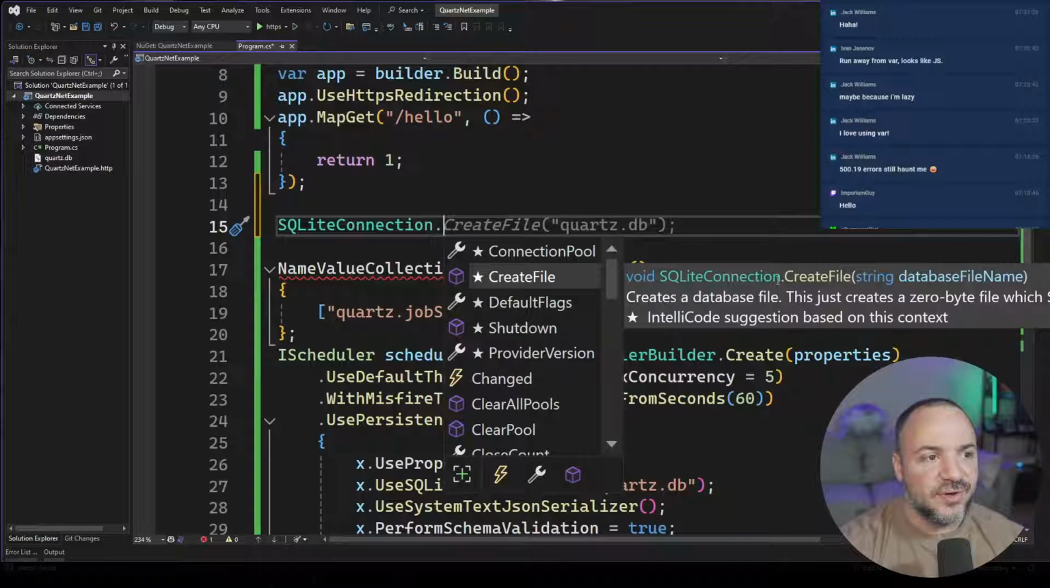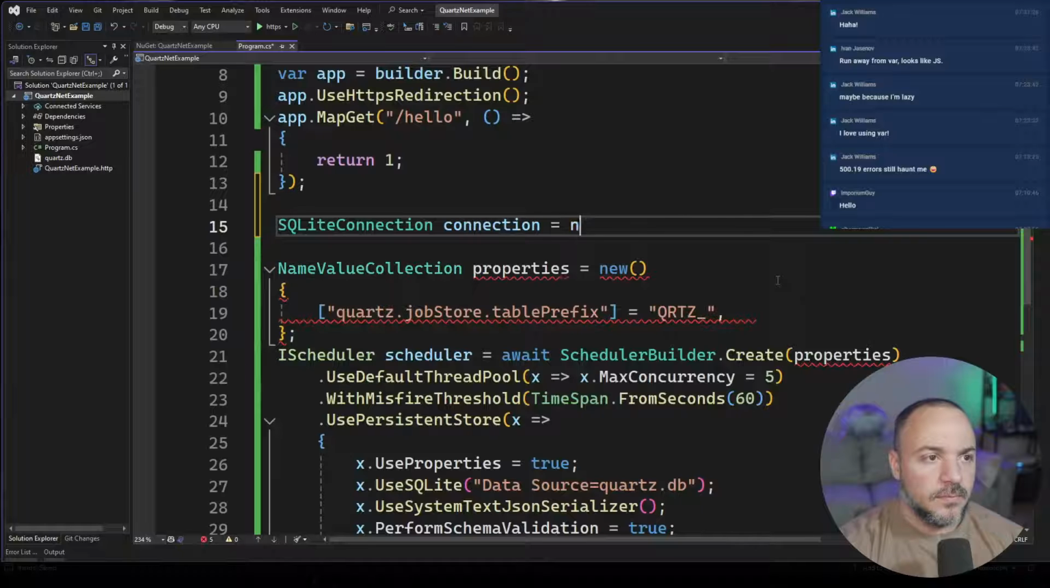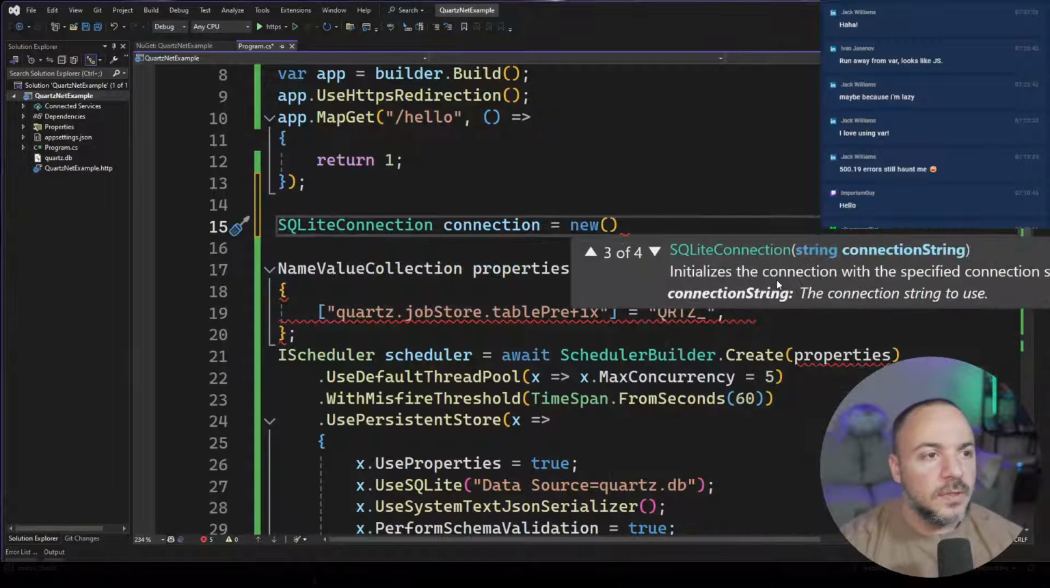Oh, I've never even noticed that they have a create file method. I was like, what's going on here? Connection string, and that was just going to be